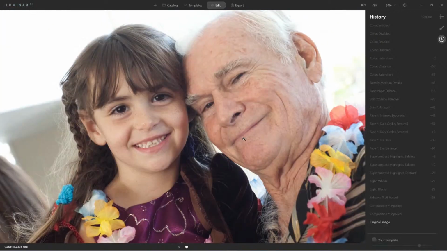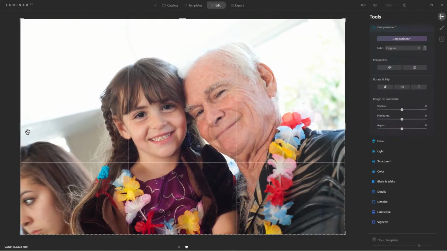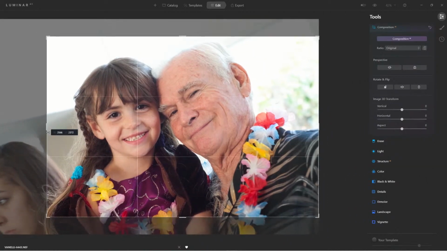So the first thing I like to do is look at the image and think what bothers me the most about this image. And in this case right here, the crop. So we want to get rid of the person in the scene here. So I'm going to press the keyboard shortcut C for crop. And I just want to bring it in,